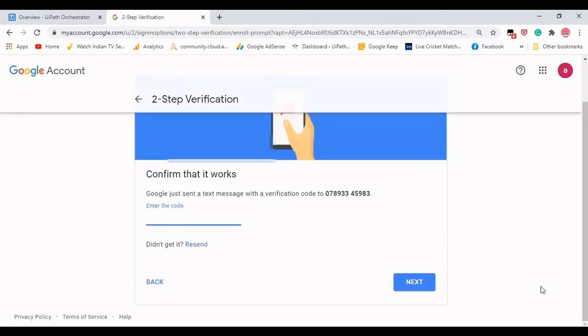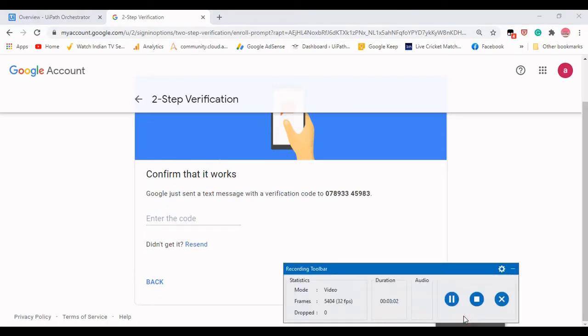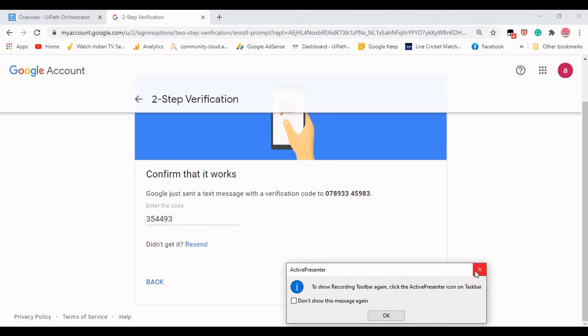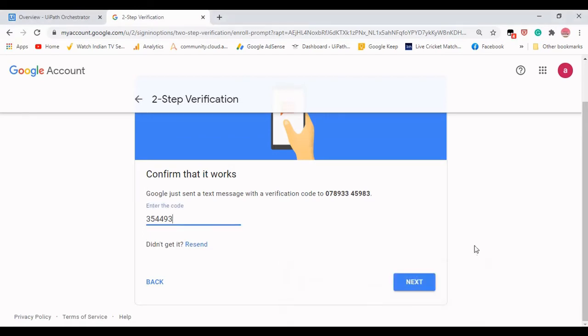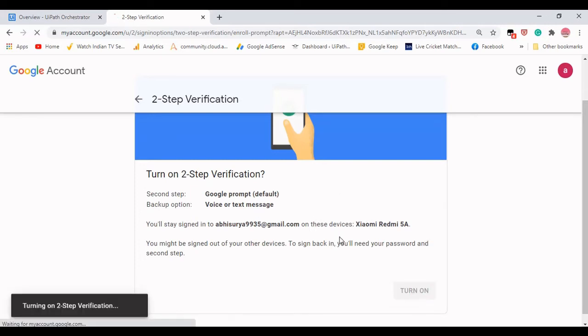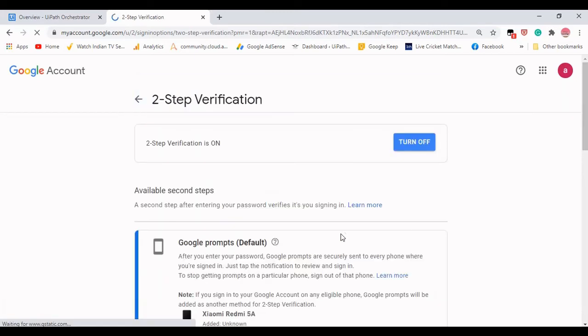I need to verify this, so I'm pausing this video right now and will verify it and get back to this video. So here I got the OTP that is sent by Google, and I will click on next, and they are validating the PIN. That is completed. Just click on turn on. So the two-step verification is done.